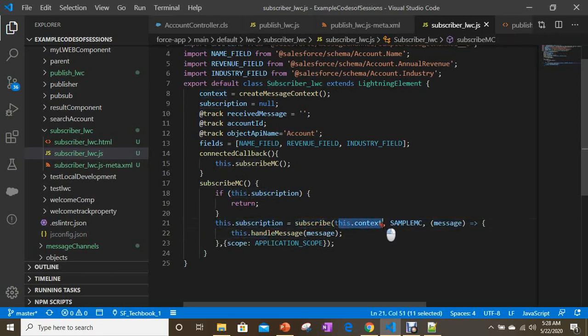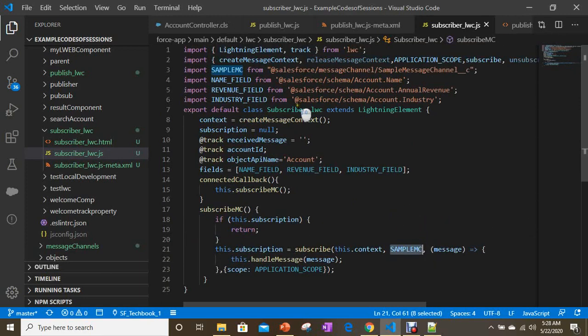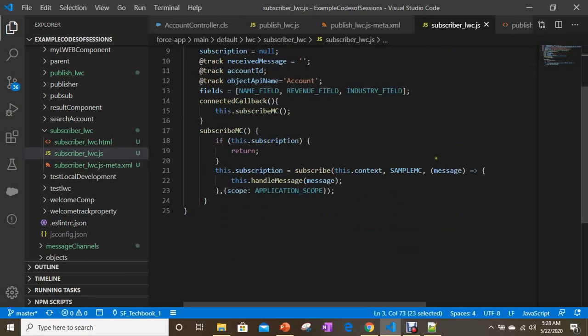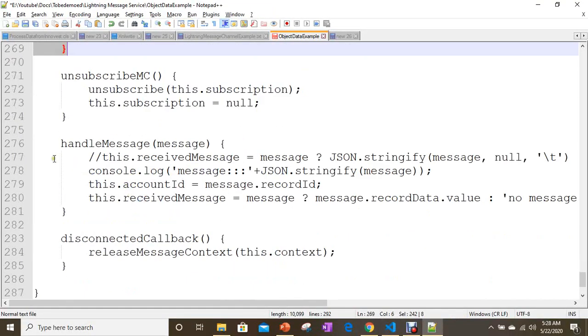So it is taking context with the help of the create message context method, and here the channel name, sample MC, imported from sample message channel. And once it is subscribed, there is a message arrow function here, and to process this message you are calling the handle message method. Here I'm going to define that method.